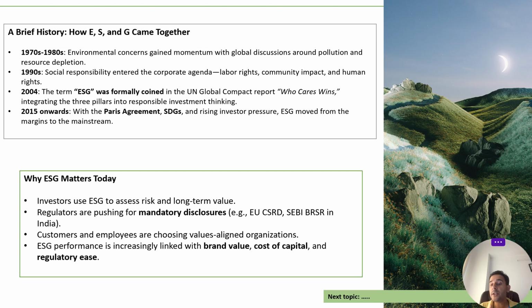But now regulations are also coming in, so we are going from voluntary regulations towards mandatory regulations. A lot of governments are coming up with regulations with the help of the capital markets regulators. In case of India, we have SEBI, which has come up with BRSR. In some Middle Eastern countries, their stock market regulators have come up with some regulations. Then the European Union has come up with CSRD, CS triple D, and the EU taxonomy, about which we will study in more detail later in our course.